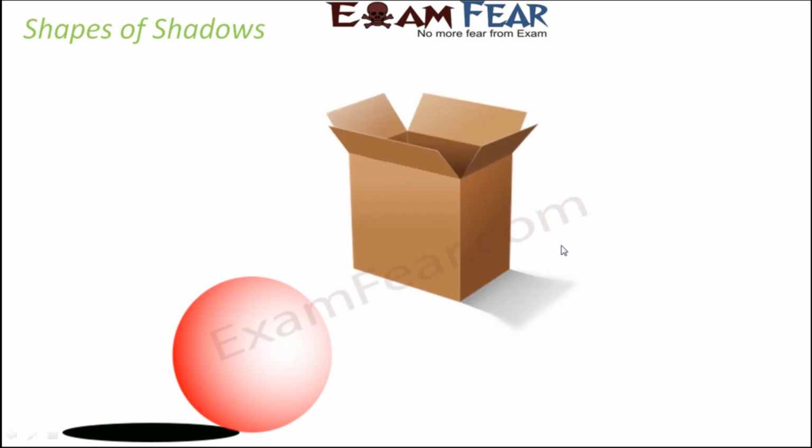Look at this box. The shape of the box is a kind of cuboid, but when you look at the shadow, the shadow is just a rectangle. That's because light is coming from this direction, so only this part of the box is not allowing light to pass through it. So that is why only this portion is dark, because light is not able to reach here, and that's why the shape of the shadow is a rectangle. Similarly, if light was falling from this face of the box, the shadow would have formed on the other side.